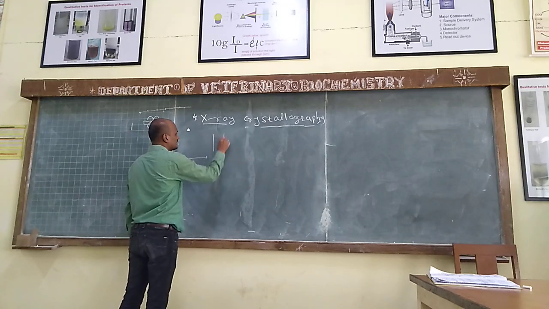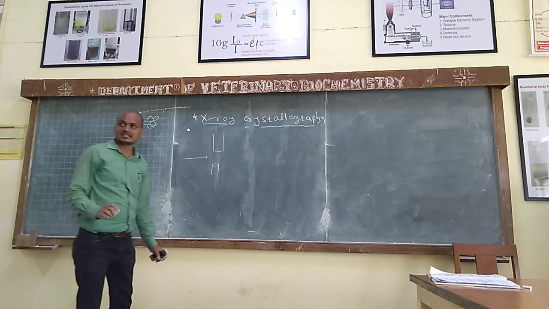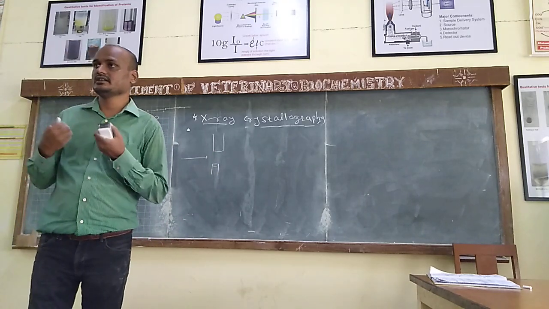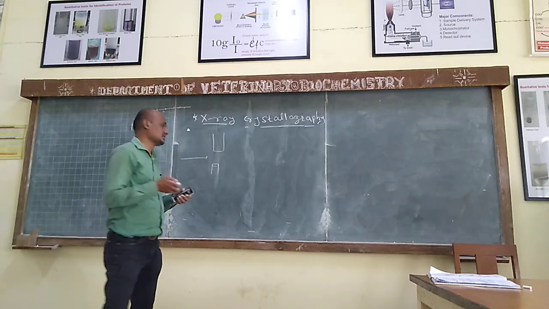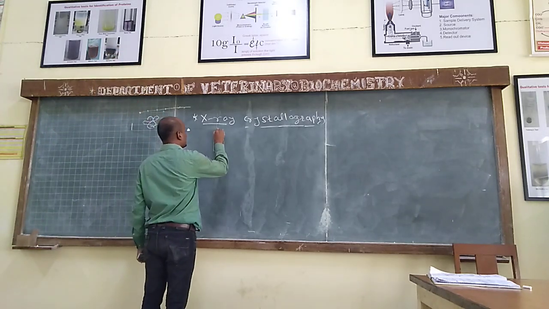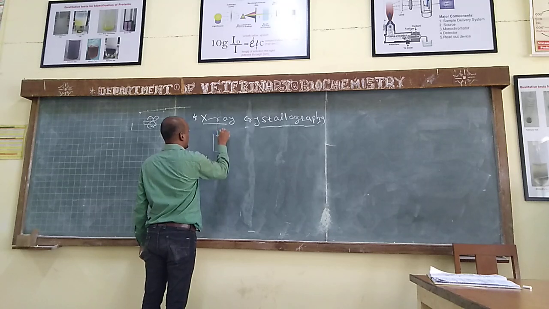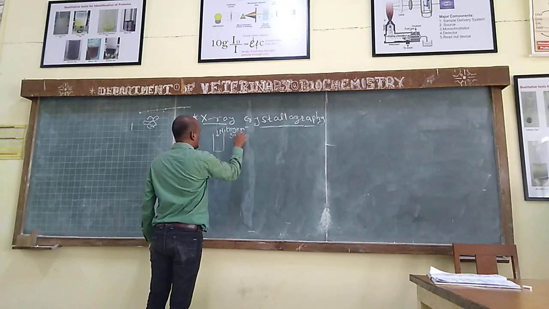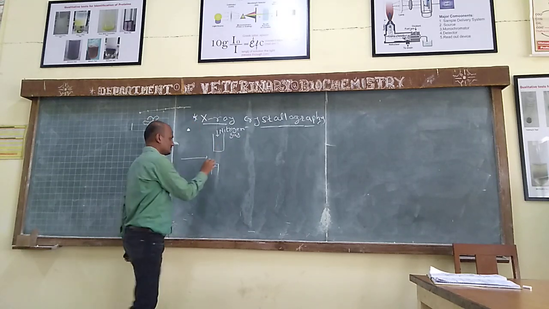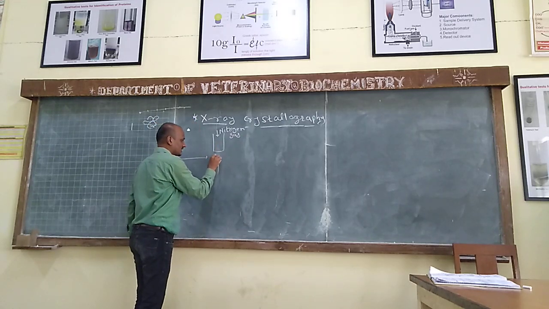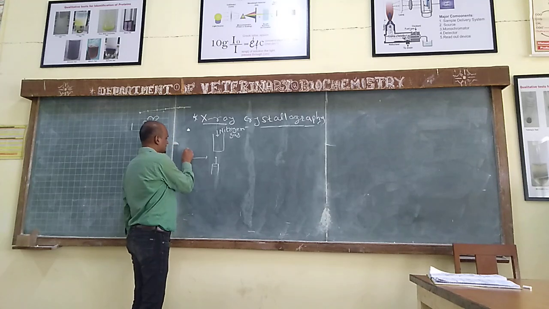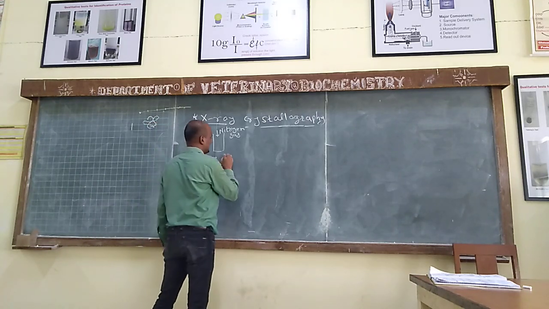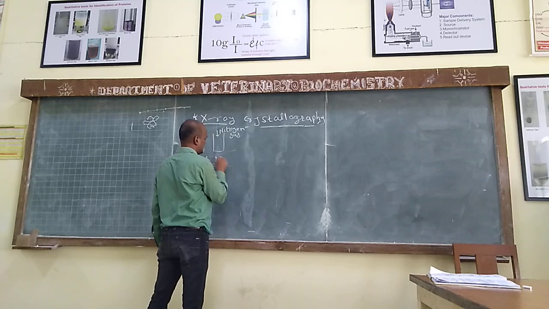Then here we have to keep the crystal cool. Otherwise, because of thermal motion, the atoms will vibrate, so the diffraction pattern will not be proper. So here, for example, a nitrogen gas tube is there which keeps this crystal cool. Here on the needle we are mounting our crystal. We are passing the X-rays on this crystal, and we are getting this diffraction pattern.